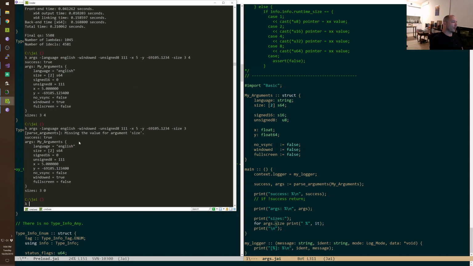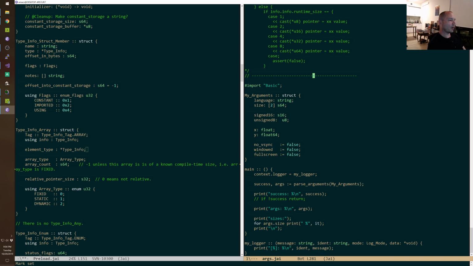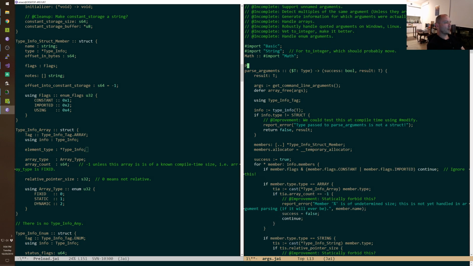Okay, let's fix this. And how do we do that with the least? I could make some global variables. That would make this not thread safe, which I don't want to do. So I could have like a parsing state that I pass around, right? Parsing state is a struct of,